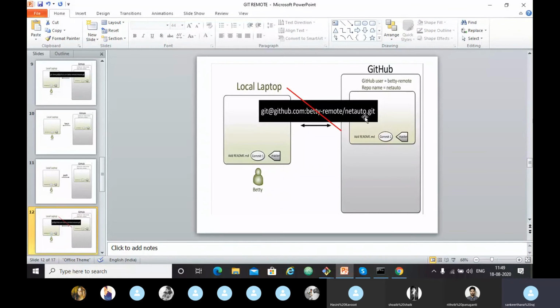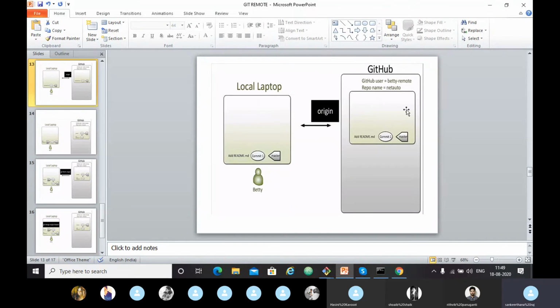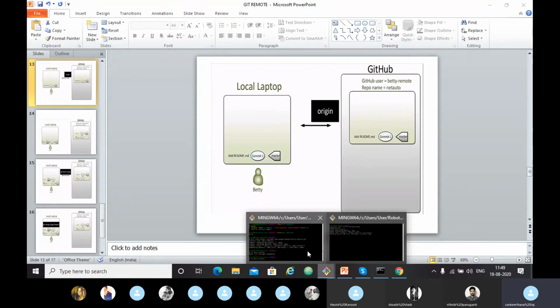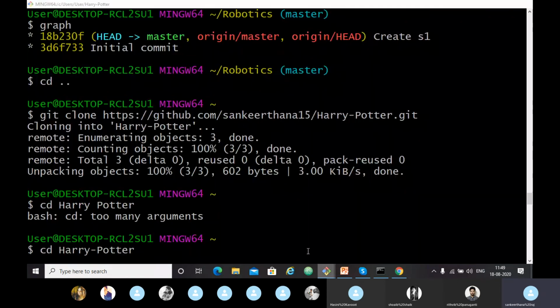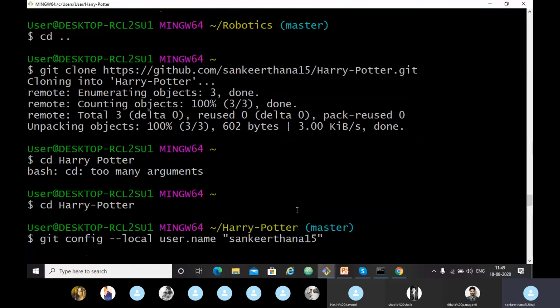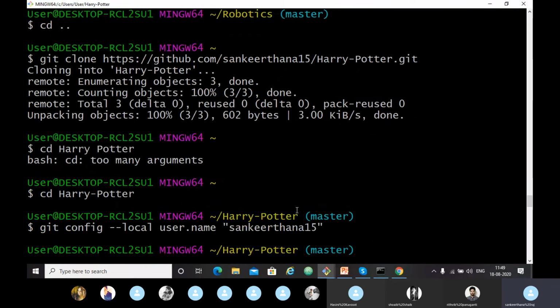It will have the location with a default name called origin, so you will use that origin every time. You can see that with the git remote command. So git remote, this is our default origin. If you want to see the exact locations, you just need to type git remote -v.